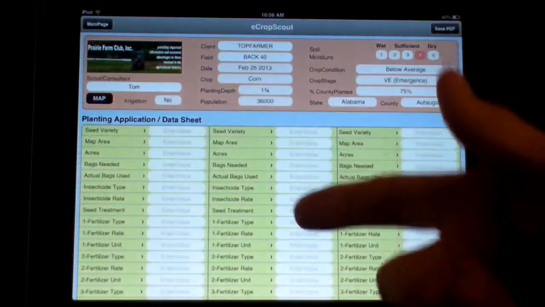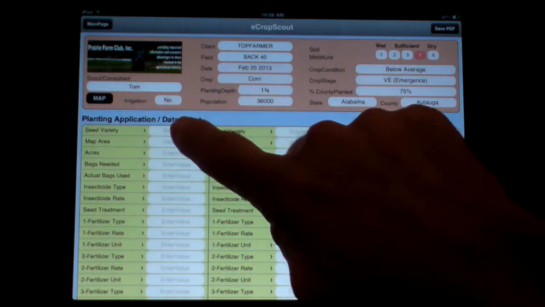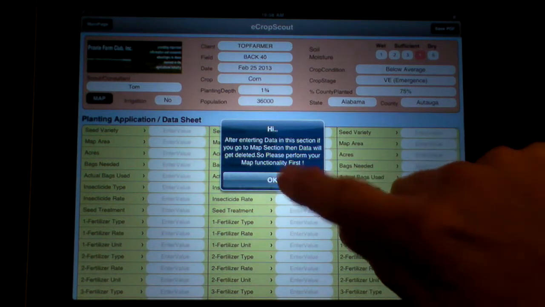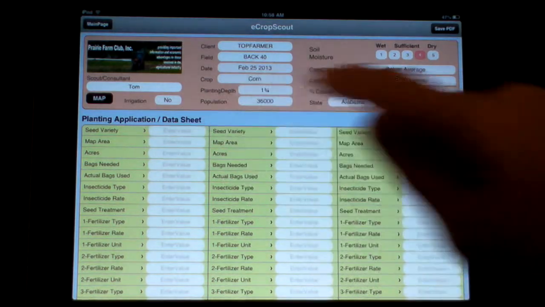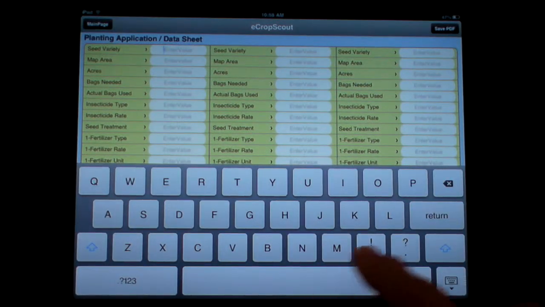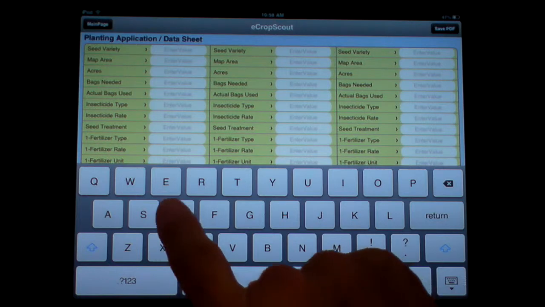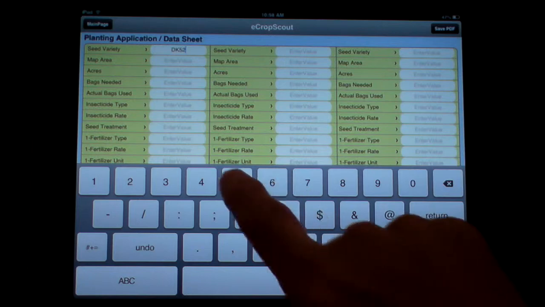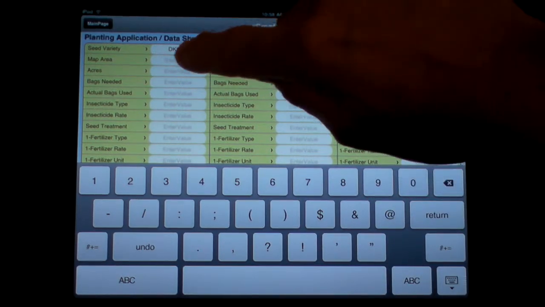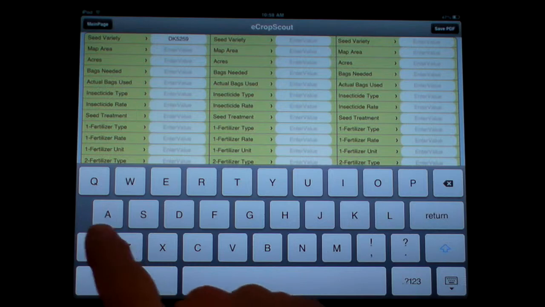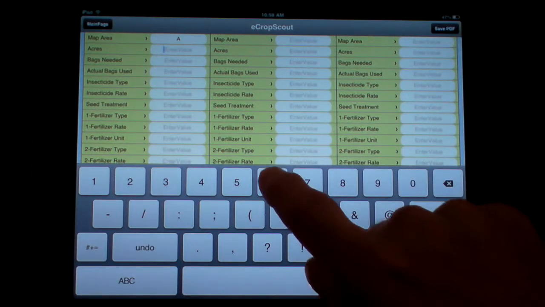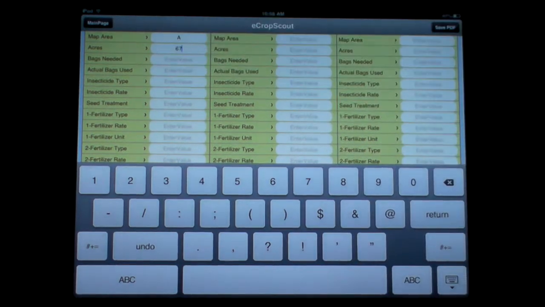You go back here. We go back to the planting app, and now we start to put in the data. Now this is just a warning, basically saying you should have already made your map. So we got a variety here. Maybe for us it's a DeKalb 5259. We have a map area here. Maybe it's in map area A. Acres, maybe the field is 67 acres. Bags needed,